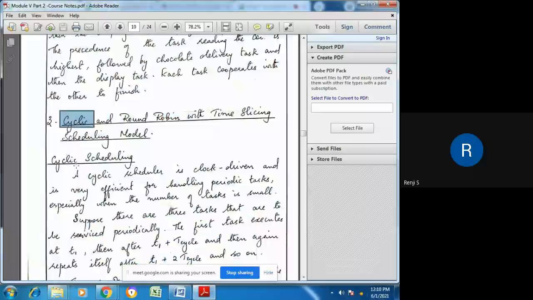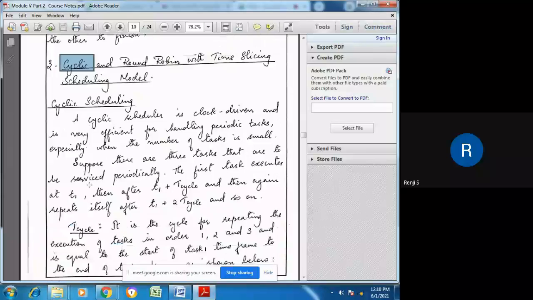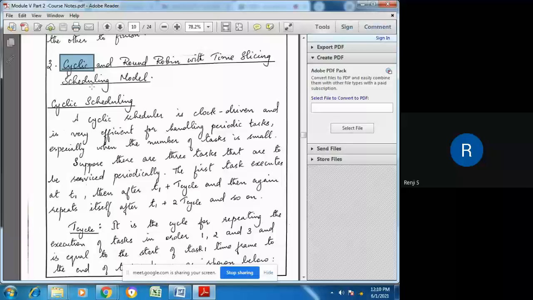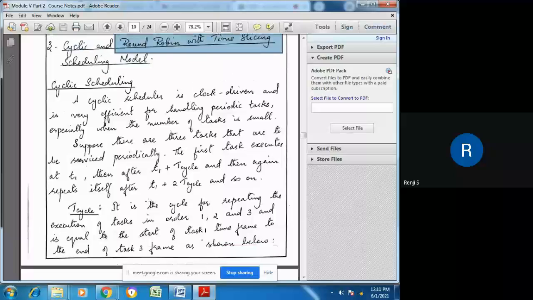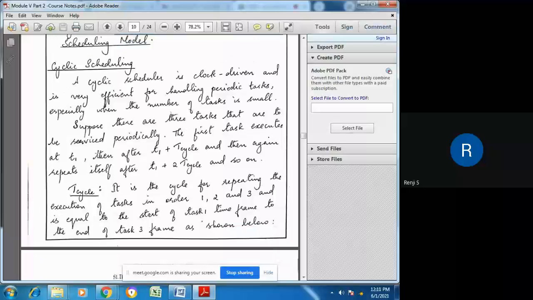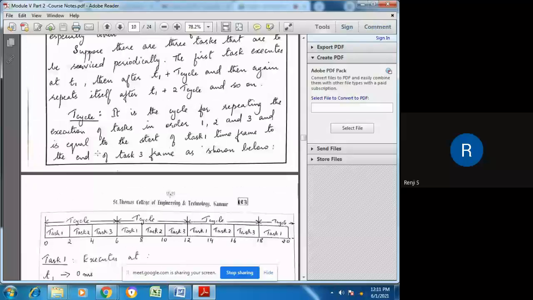In embedded systems, most products are designed to run throughout their life, so tasks have to be repeated one after the other in a cyclic manner. In cyclic scheduling, we can apply round robin with time slicing. So first, let us see what cyclic scheduling is, and then we will go to round robin scheduling.